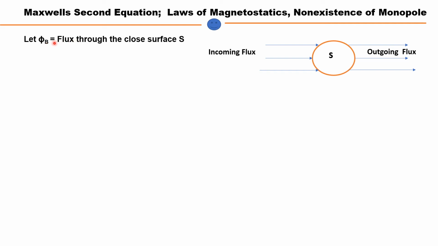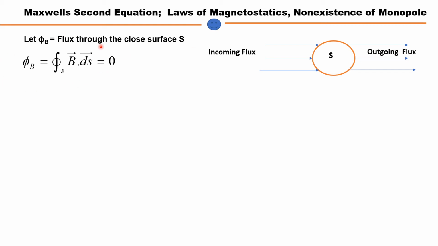Some flux is closed through the surface. So what is flux? Flux is the surface integral of the magnetic field, that is B dot dS. If the flux through the closed surface is 0, how can we show it pictorially? This is the surface S, with the number of incoming fluxes. We can also find physically from the divergence theorem that the divergence of B is 0. So the number of incoming fluxes is the number of outgoing fluxes. Students can easily understand it: the number of incoming and outgoing flux lines is equal, plus and minus, so the total resultant flux will be 0.